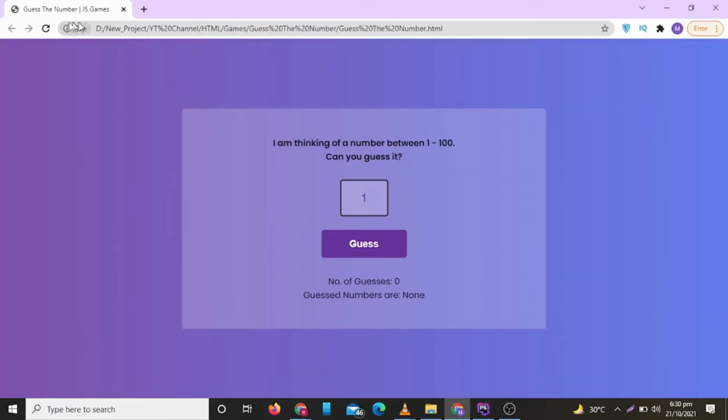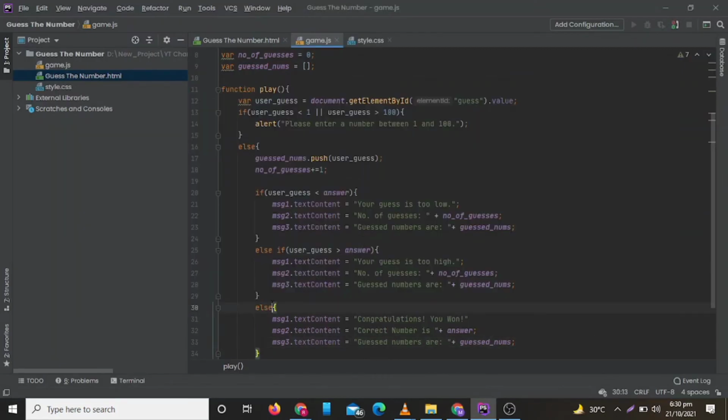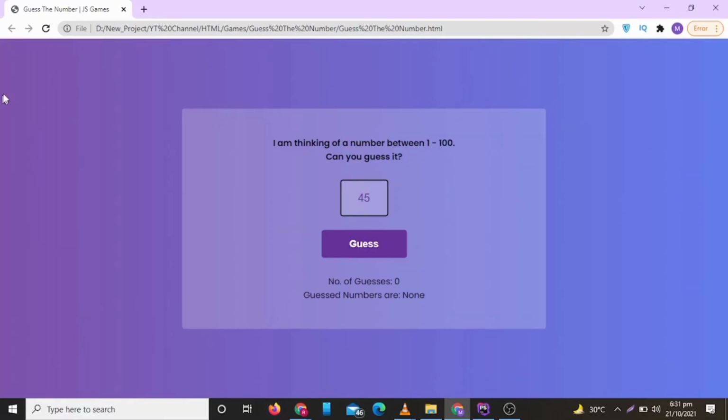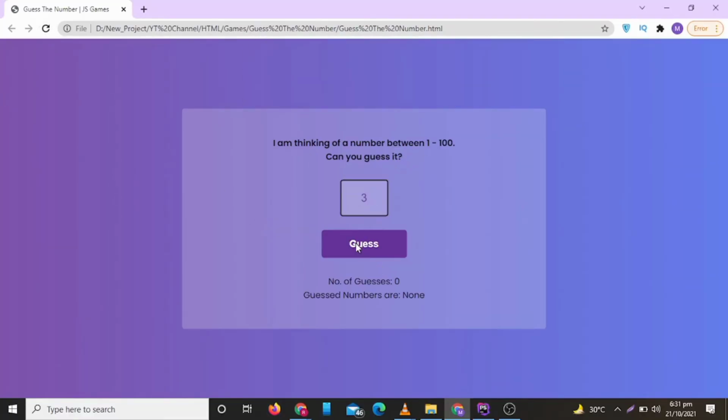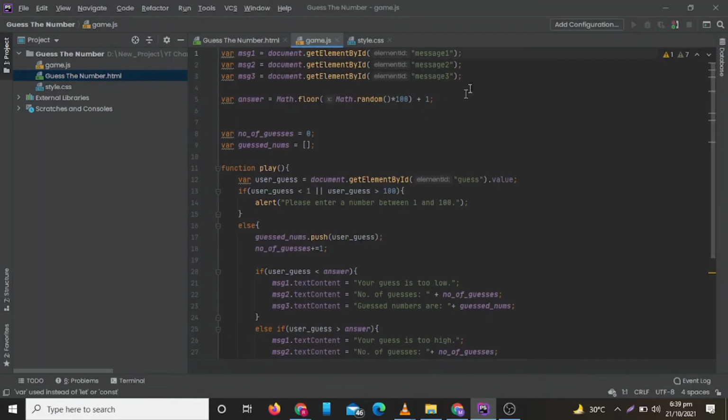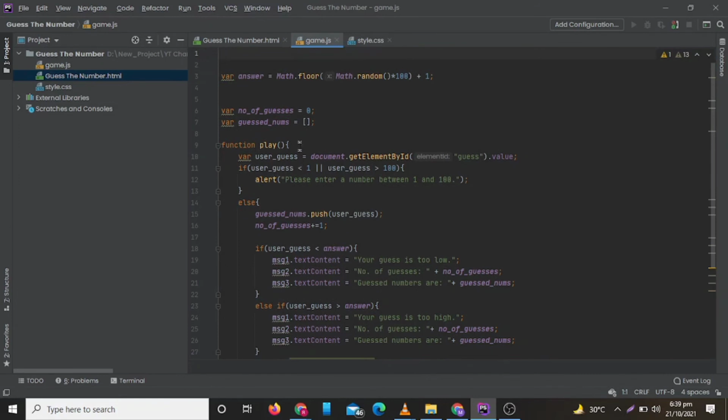Now let's check if it is working or not. So it is not working. Let's check what's the problem. I have not added the if statement, so let's add it and check again. Now let's check. It is still not working, so let's include the variable inside our function and check again.